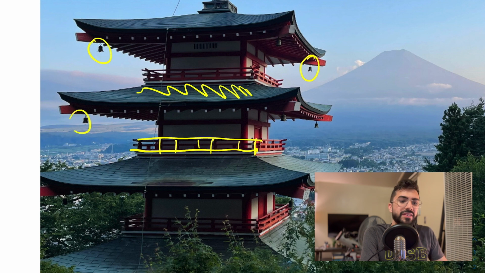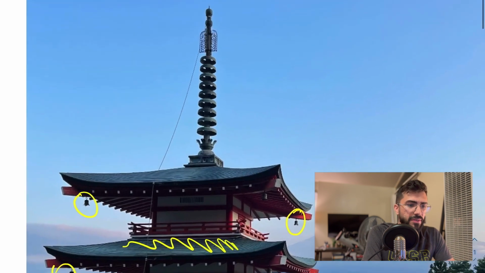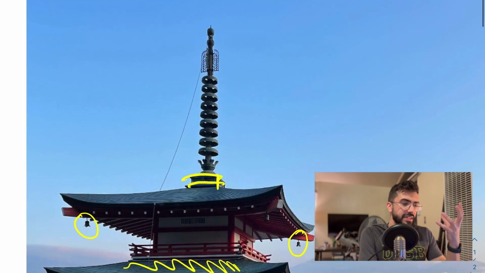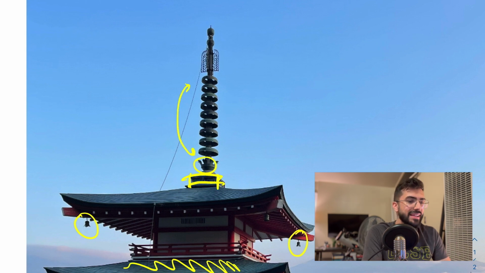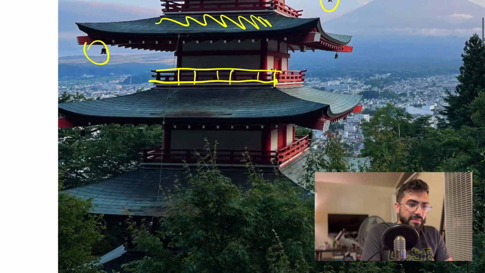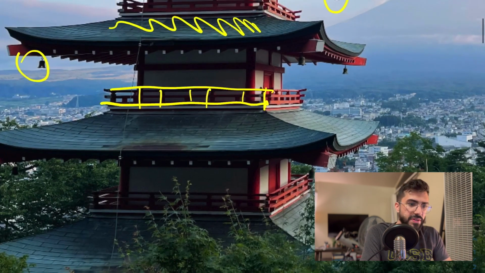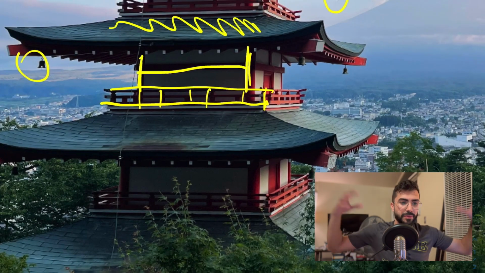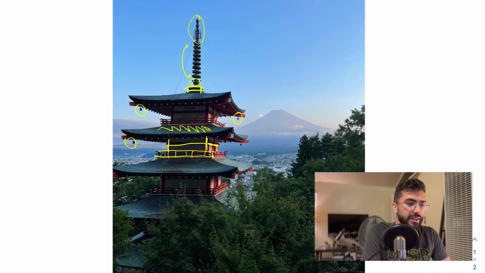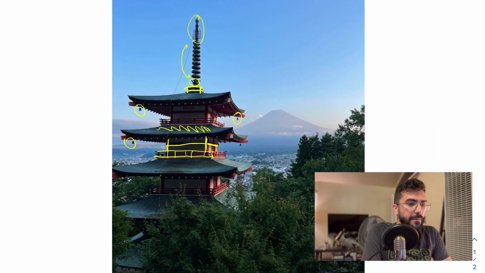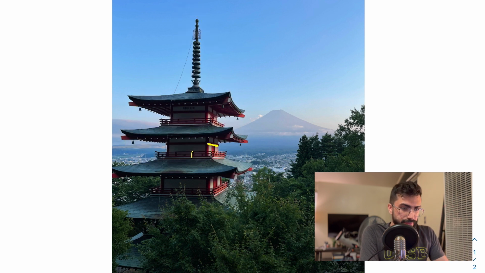And then there are, of course, these little bells hanging around. I spent a little time reproducing those. There's this big spire up top. It looks like it's made almost of this patina material, and that's a very important element to the whole composition. And then the whole thing is framed by these big red planks throughout, and the red is a very key theme here. So moving on from the temple,